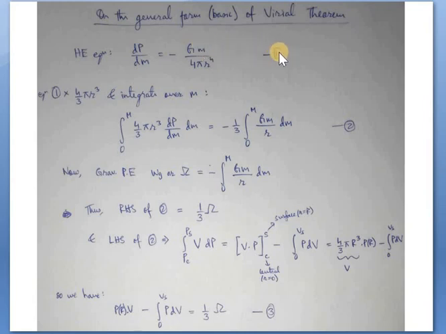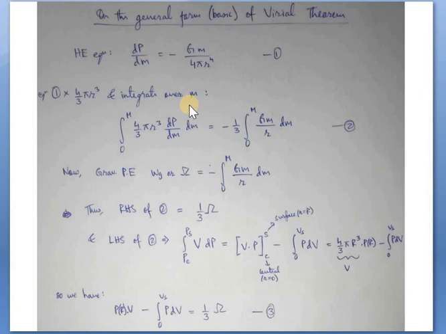Now if we multiply this equation by 4/3 pi r cube and integrate over this mass m from the center to the entire mass, this r varies, right? At center r is equal to 0, and you see we are talking about dm over here. So m varies from 0 at the center to capital M at the surface. Now if we do that,